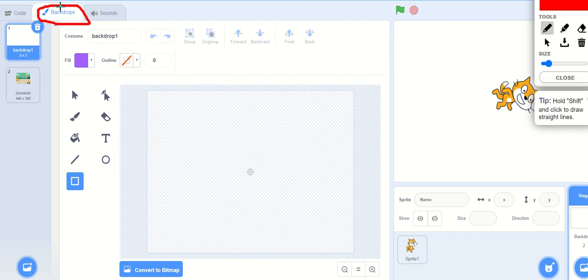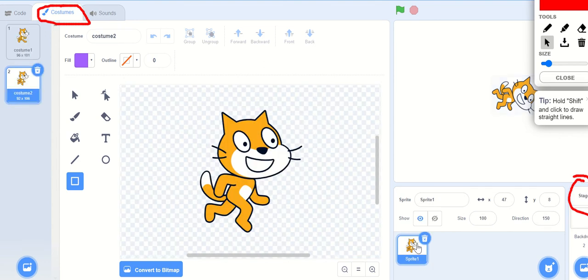So if I want to change the backdrop, first of all we have to move to the stage icon, and then by clicking on the stage we can get the backdrops. But if you want to go back to the sprite, for that you have to click on the sprite. When you click on the sprite, now the word backdrop has gone and costume has come. So if you want to change the costumes, you have to click first on the sprite, and then you will find different costumes.